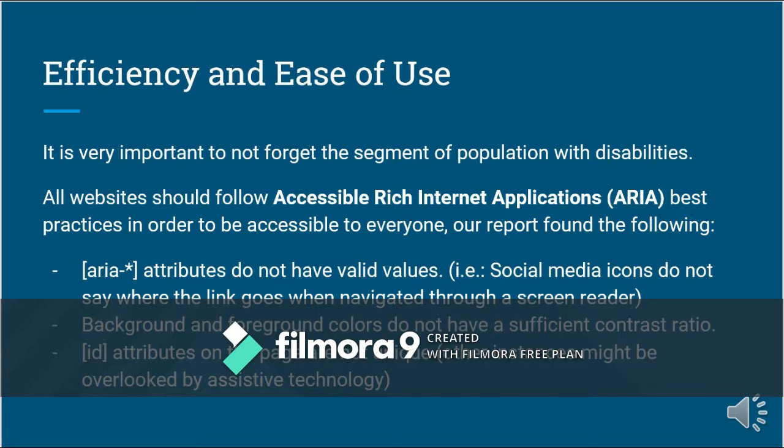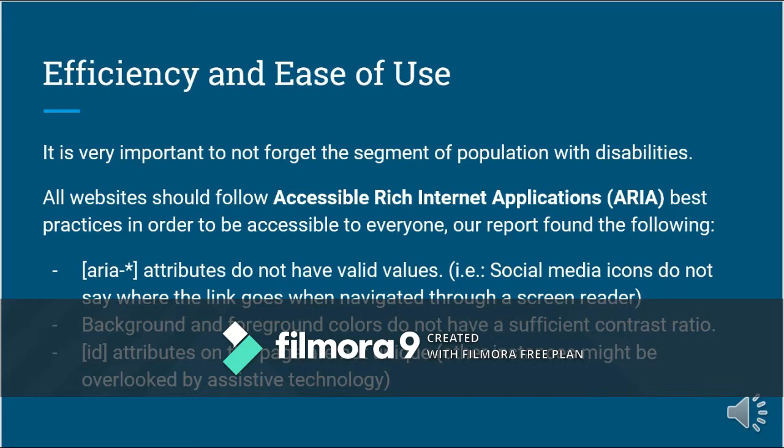Of course, this is expressed in the website concretely: the social media icons do not say where the link goes, or the button's nature is not described, and this of course makes it impossible for the screen reader to generate some feedback.